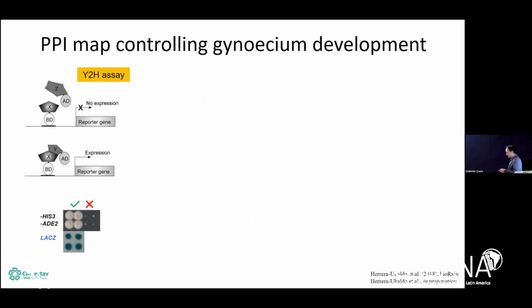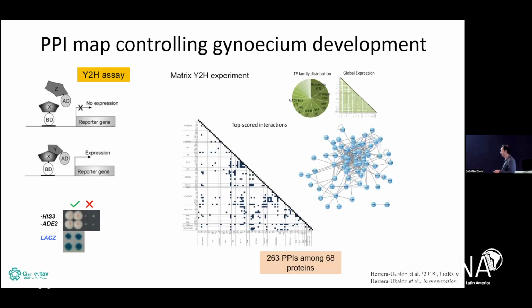Doing also these protein-protein interactions, we also did this in Arabidopsis. So now we are shifting back. Because these interactions are so important, we cloned all the transcription factors that we know are important for gynoecium development. There are more or less 80 transcription factors, and we tried each combination, the 80 against the 80 in a matrix way. So here are 80 names, and here are the other 80 names. Now, each square